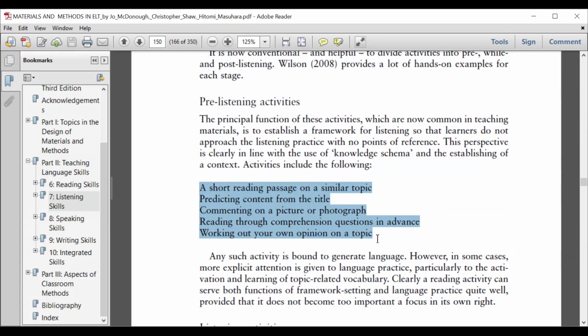The idea of pre-listening actually helps you to understand and imagine what things are going to come. So if you guess and hypothesize about what is going to come, that means you will be expecting the sounds and words in there, which will help you to develop your listening skill.